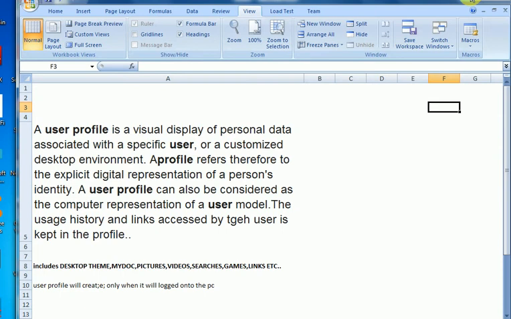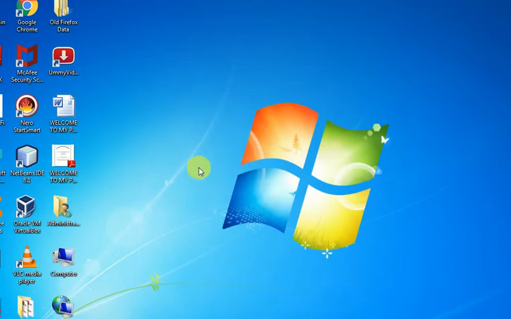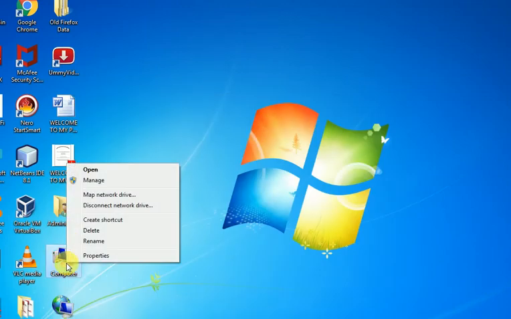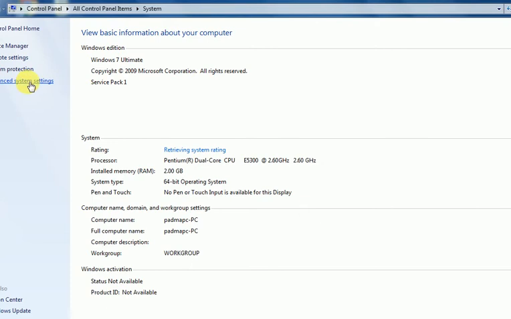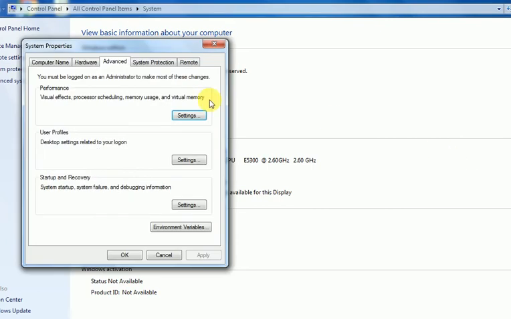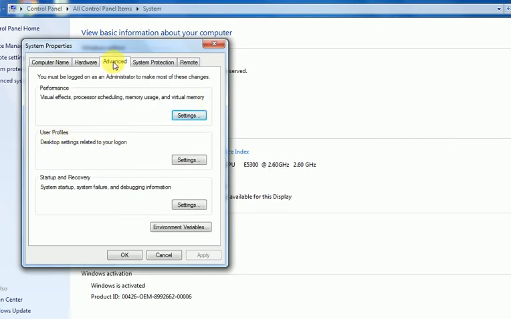See the practical here. I will go to the computer properties. The first method is here. Go to the advanced settings on this system properties screen, and then check the advanced options here. This is advanced settings, and within this you see the user profile screen here. This is the user profile screen under the advanced tab, and to check the desktop settings related to your logon that are created in the user profile, see these settings,